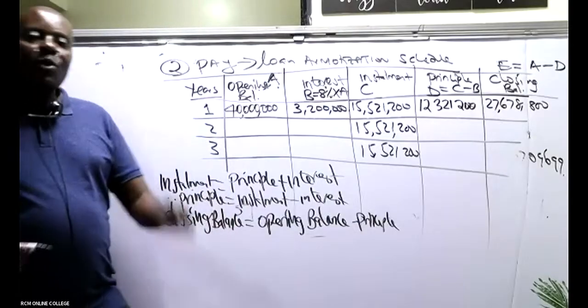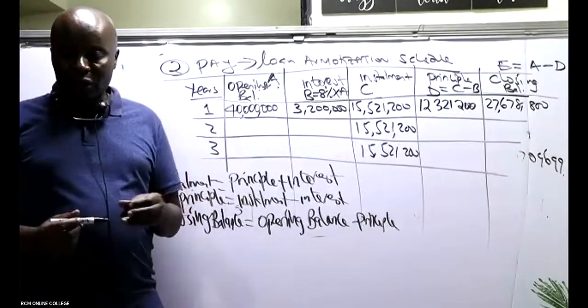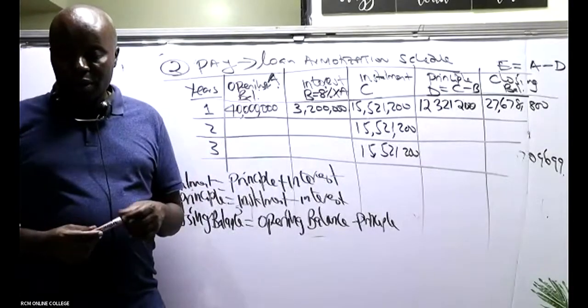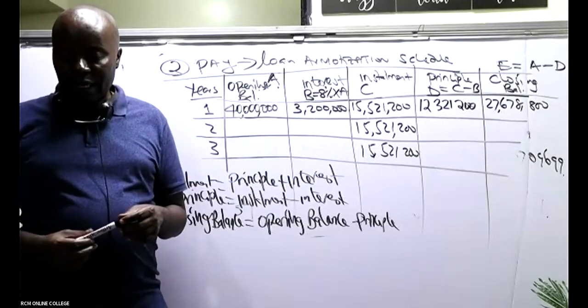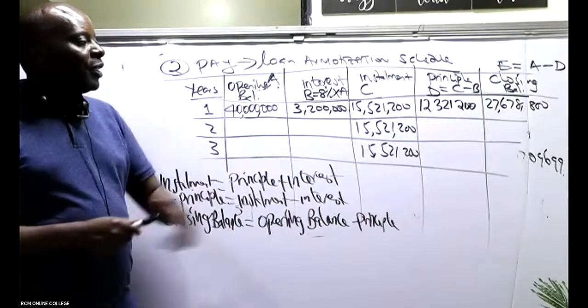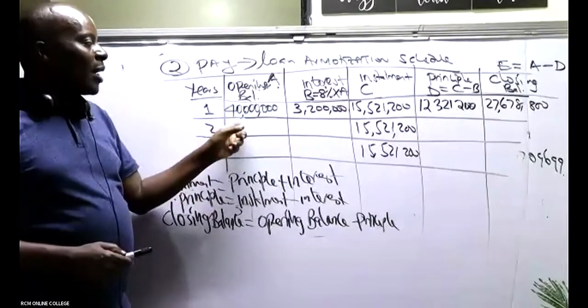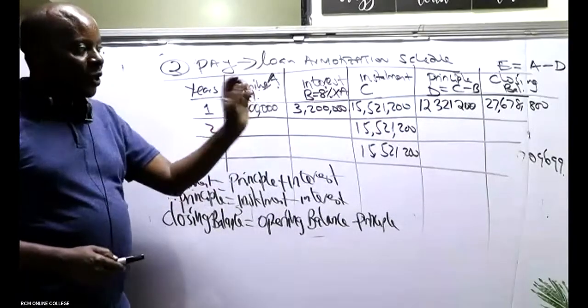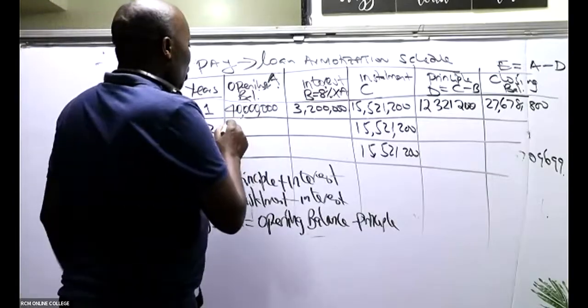Then what do you think about the opening balance of year 2? The opening balance of year number 2 will be the closing balance for year 1. So we bring this closing for year 1 down here. We shall open with it here. So we have here